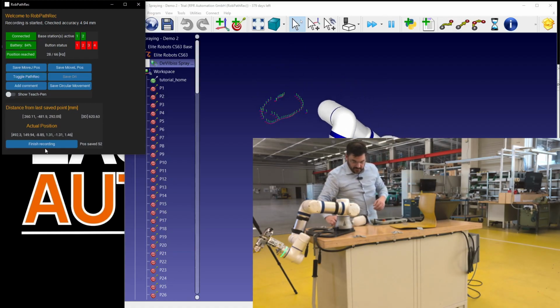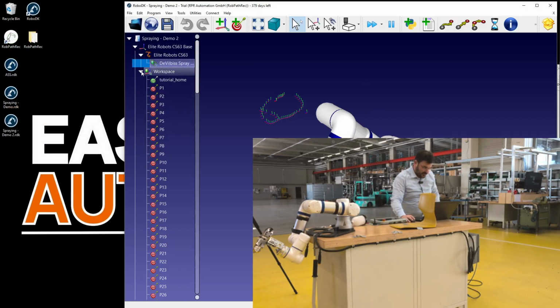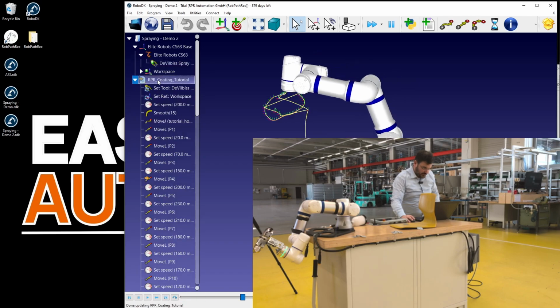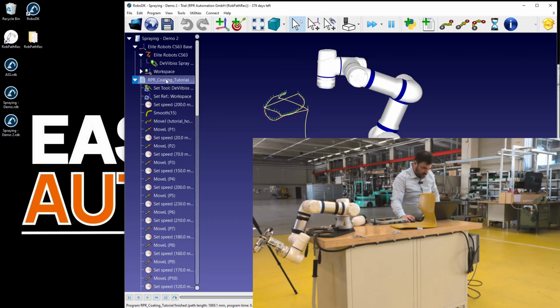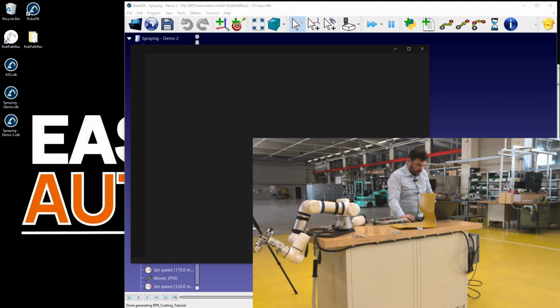So I just recorded something here in front of this chair. I just hit finish recording. This is just for the demonstration for you that we have done everything correct. So the robot can reach all of the points. Okay, I'm satisfied with it. I hit generate robot program.